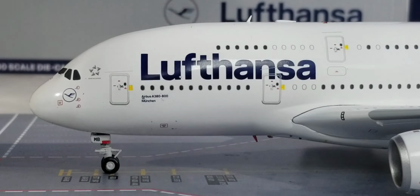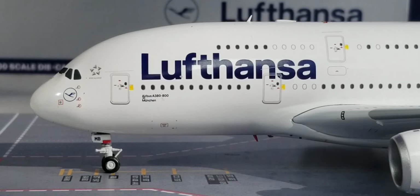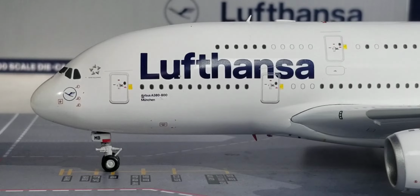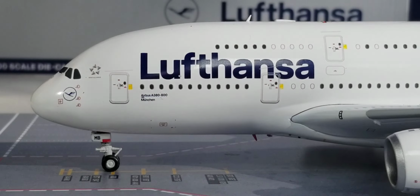All right, we're still here on the front of the aircraft on the port/left side, and right between the cockpit windows and the L1 entrance door is the Star Alliance decal, which is this little decal you see right here. And Lufthansa actually joined the Star Alliance along with Air Canada, SAS Scandinavian Airline System, Thai Airways International, and United Airlines as one of the five founding members on May 14, 1997, which